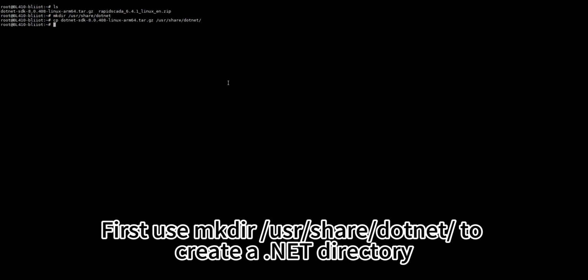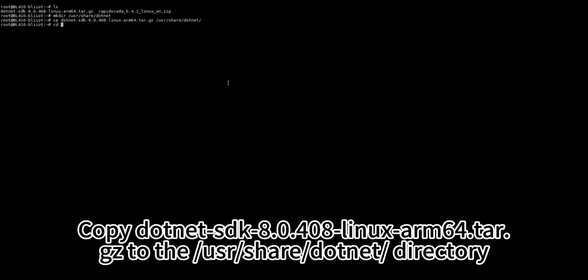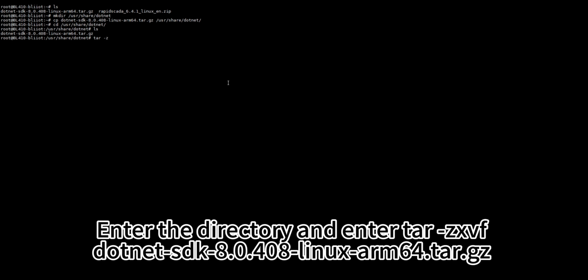mkdir /usr/share/dotnet/ to create a .NET directory. Copy dotnet-sdk-8.0.408-linux-arm64.tar.gz to the /usr/share/dotnet/ directory. Enter the directory and enter